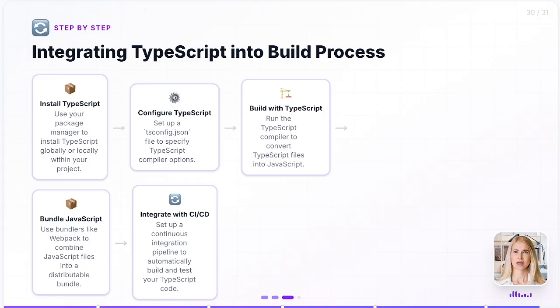Next, you build your project by compiling TypeScript to JavaScript. This automatic transition catches many potential errors early. Bundling the generated JavaScript using tools like Webpack makes the output efficient for deployment. Finally, integrating this build process into your CI/CD pipeline means every change is automatically checked and compiled, ensuring nothing breaks during production deployment. Jumping into TypeScript can seem daunting, but following these steps avoids the common pitfall of manual, error-prone